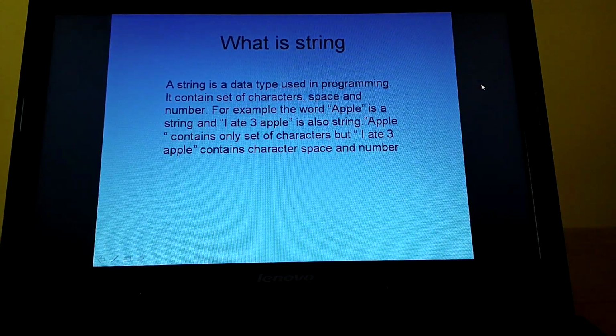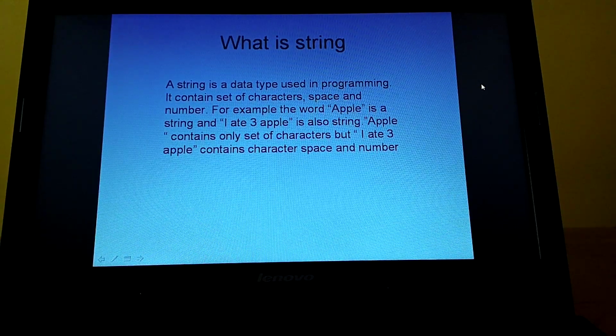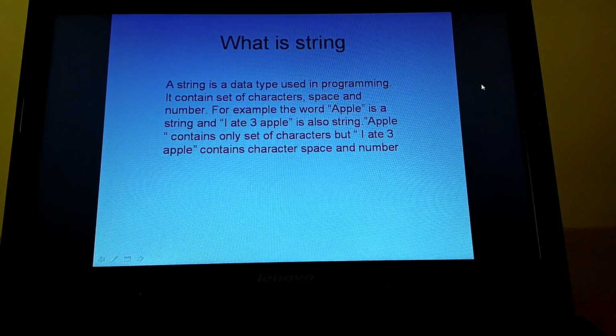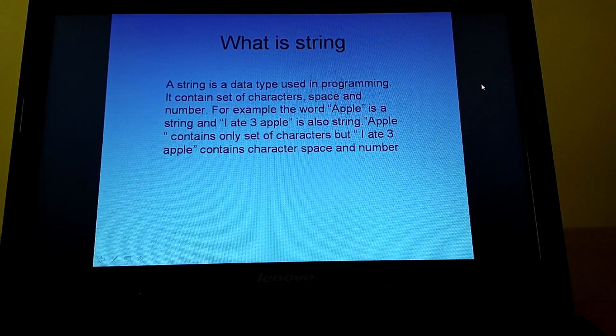String means consecutive characters. And "I ate 3 apples" is also a string. Apple contains only a set of characters, but "I ate 3 apples" contains characters, spaces and a number. So what is a string? A string is the data type which contains characters, spaces and numbers.